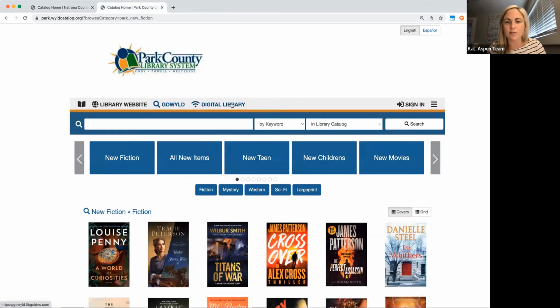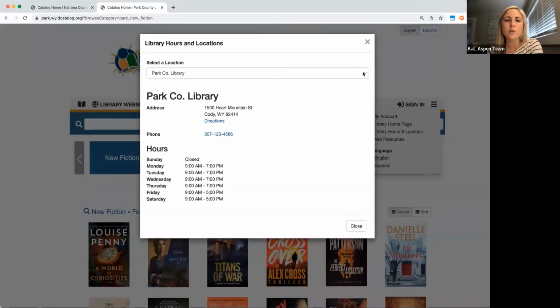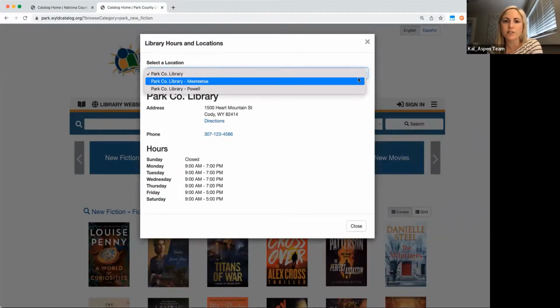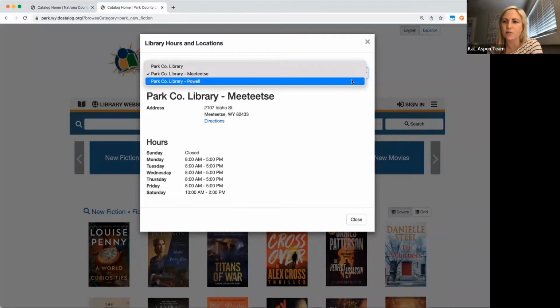There's some information about digital library offerings, and some of these menus do expand down. And then we also have what we affectionately call our hamburger menu over to the side. That's going to be a more direct link into the patron account, another area that takes the patron to their library website. And then there's information like your hours and location information. So if you're a system that has multiple branches or different locations, you will have a drop-down menu where you can select those different locations to see the hours, the address.